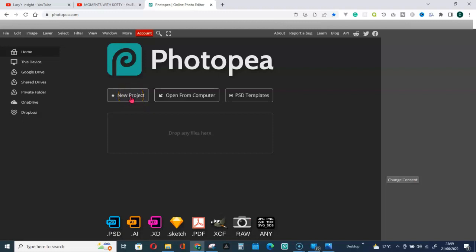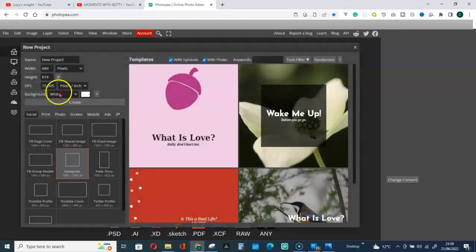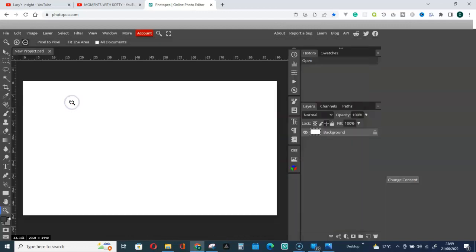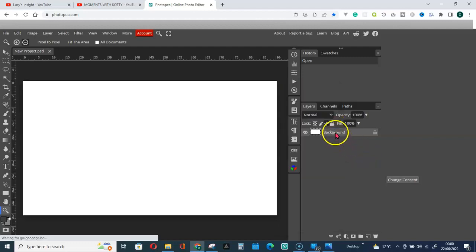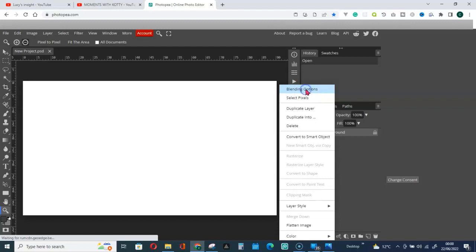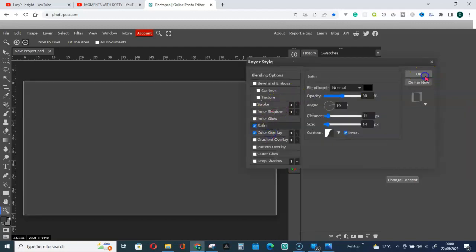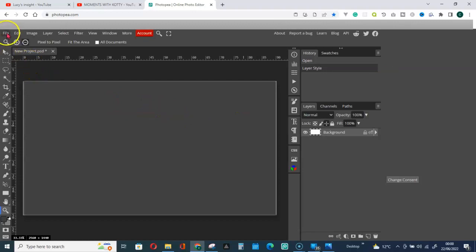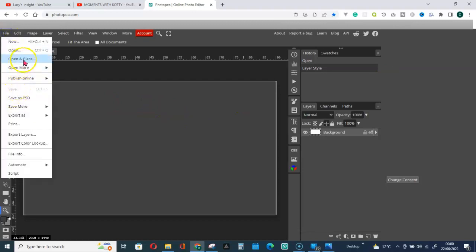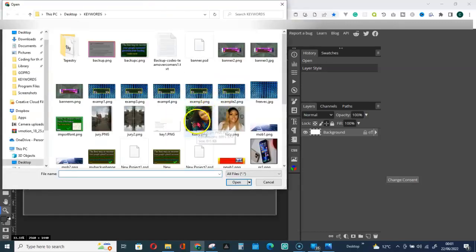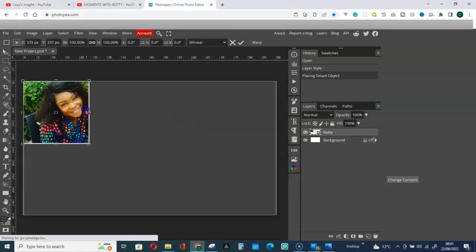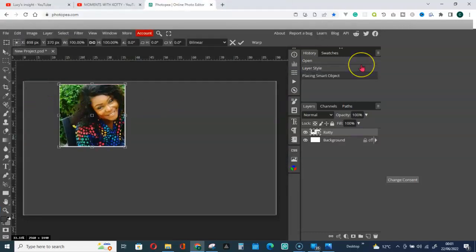So let's click on new project, and I think I'm gonna be using the bigger size YouTube. Great. Let me change the background. Right click on the background and then blending options. So here I will have to open and place, import one of the pictures. Let me go for Koti, double click. Here we go. We're gonna apply two methods of